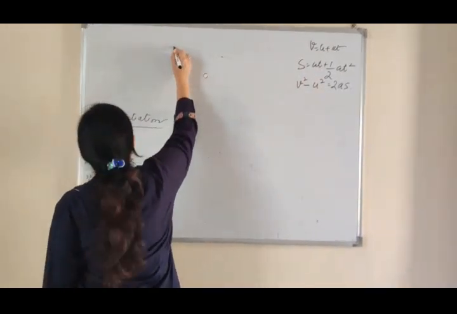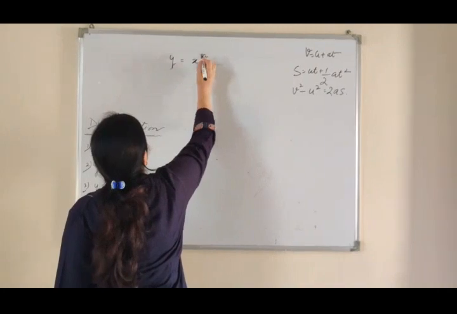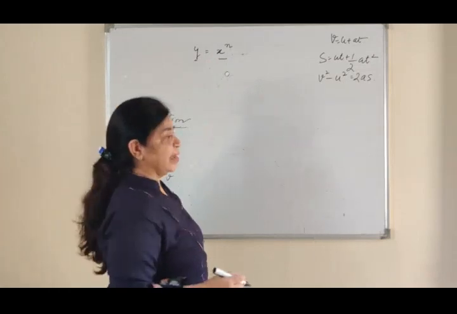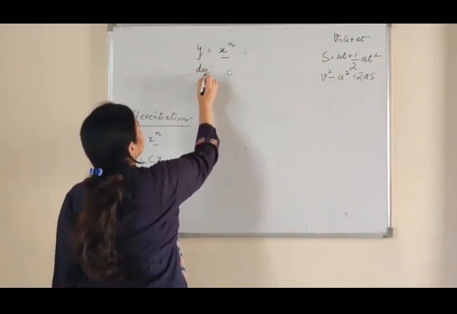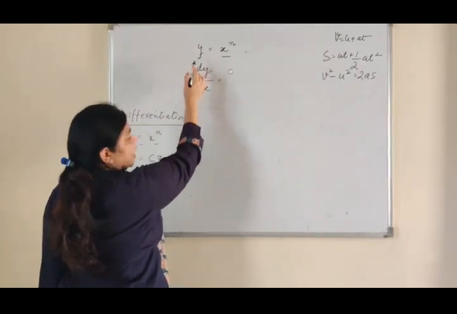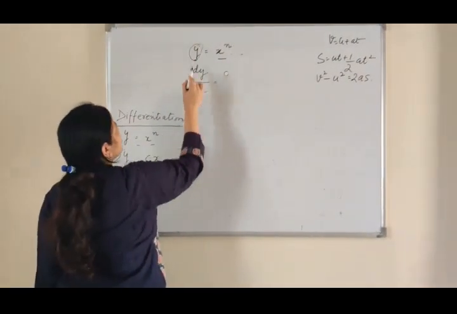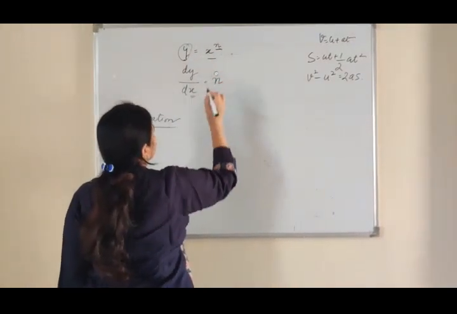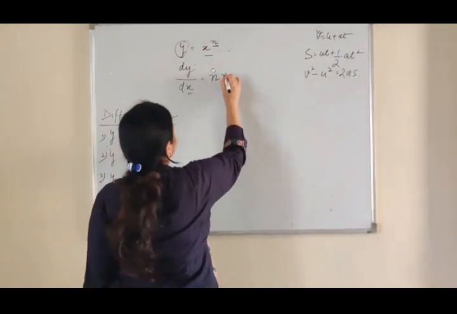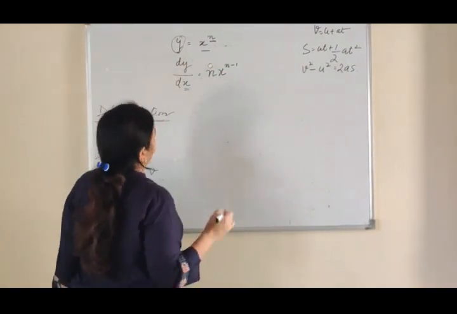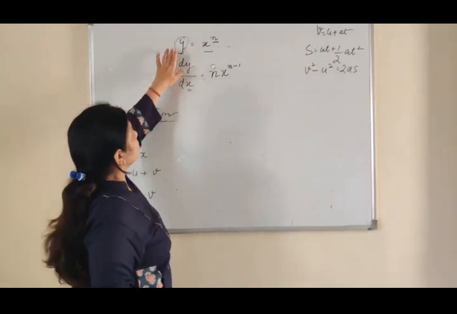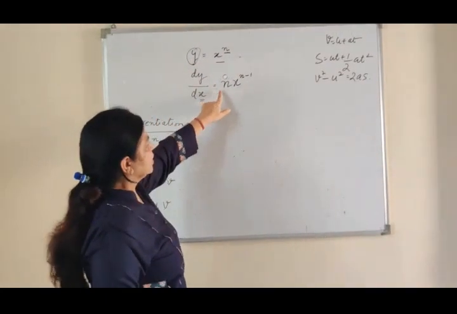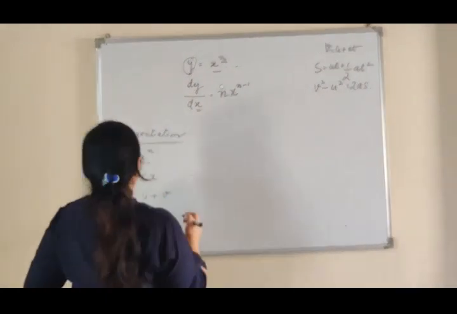So the first formula is, if you have y is equal to x power n. Here you can see that y is a function of x and n is the power of x. For doing the differentiation, the symbol will be dy by dx. It means that we are differentiating this term y with respect to x. So for differentiation, we bring this power in multiplication, then we write x, then we reduce the power by 1. The differentiation is done. For y is equal to x power n, its differentiation will be dy by dx, that is n x power n minus 1.